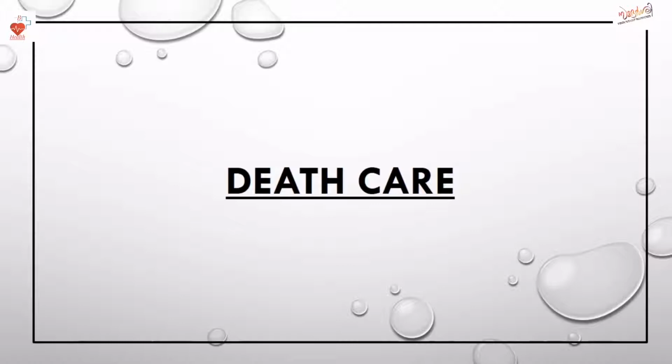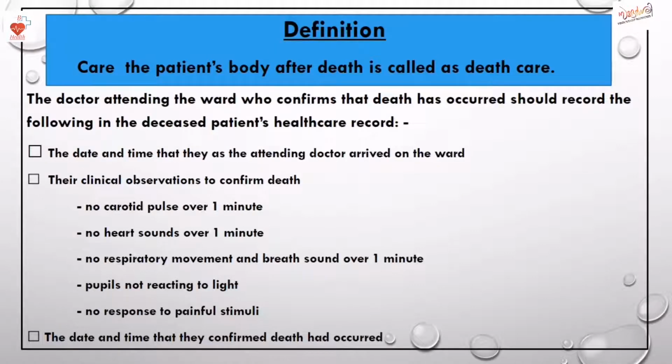Death care procedure. Definition: care of the patient's body after death is called death care. The doctor attending the ward who confirms that death has occurred should record the following in the deceased patient's healthcare record: the date and time that they, as the attending doctor, arrived on the ward, their clinical observation to confirm